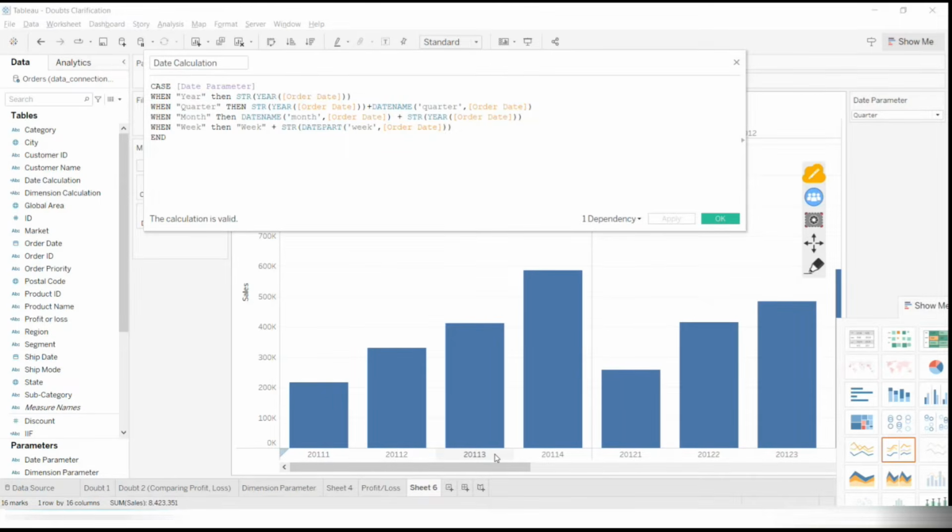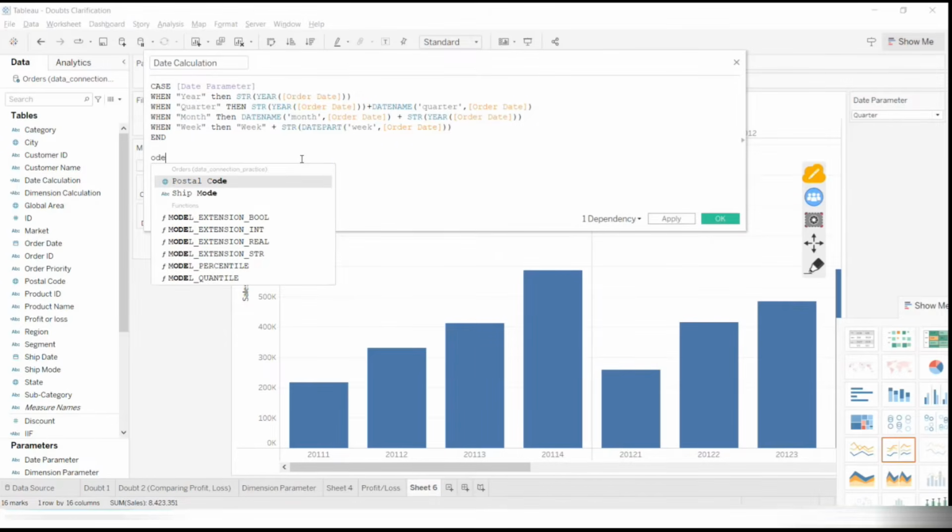You can understand, okay, this is a quarter because we have added the quarter, but how will the stakeholders or someone who is viewing your dashboard understand? They will not understand. So if you want to add something within your string, because everything is considered to be a string, okay, if I want to add some things to the string here, order date,